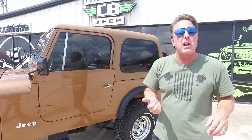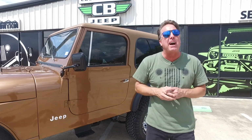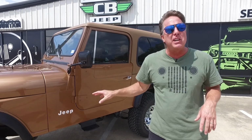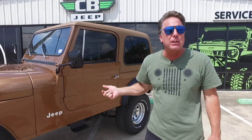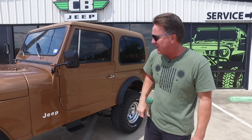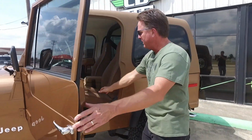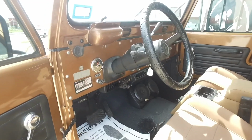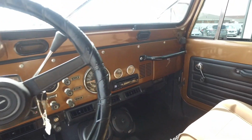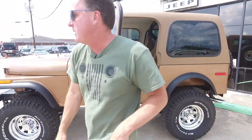Now, he wanted it to look like he had it in 1979, the early '80s. This is very common how they looked. 4-inch suspension lift, chrome wagon wheels, 33 by 12.50 by 15 BFGs. Now, we did do some updates on this Jeep. We got new seats, new center console, stereo, Bluetooth, CD, Alpine speakers, tach, clock, and then mechanical-wise,